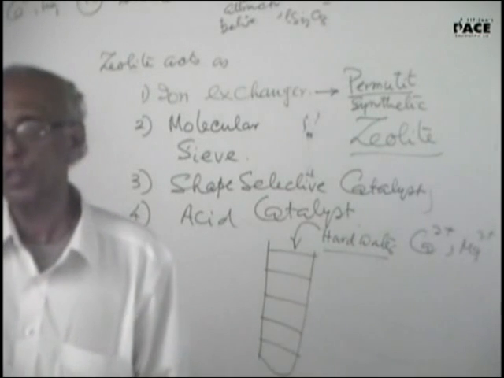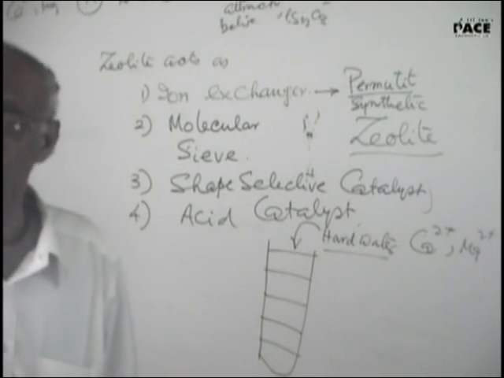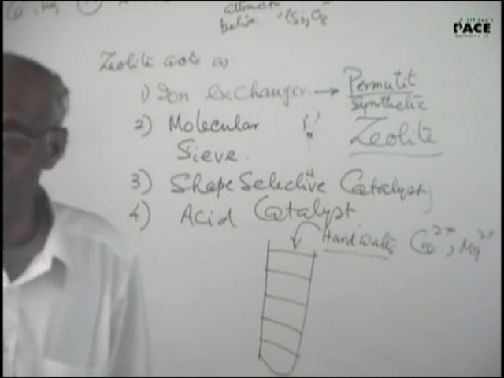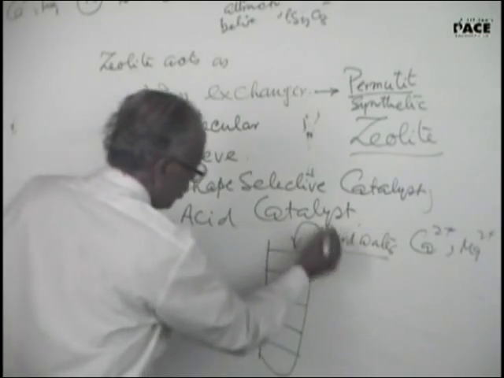Calcium, magnesium salts cause hardness to water. Not some salts, you have to be specific. So you have to say the presence of calcium, magnesium salt causes hardness. And when water is passed through